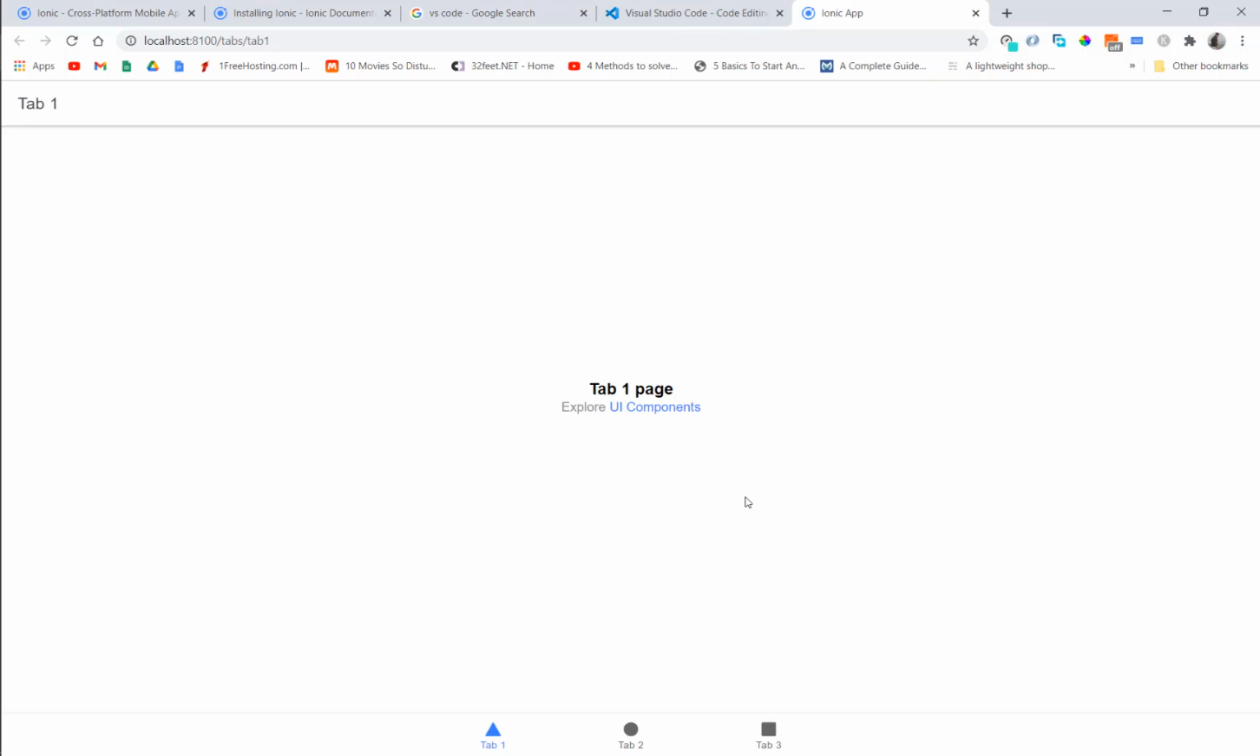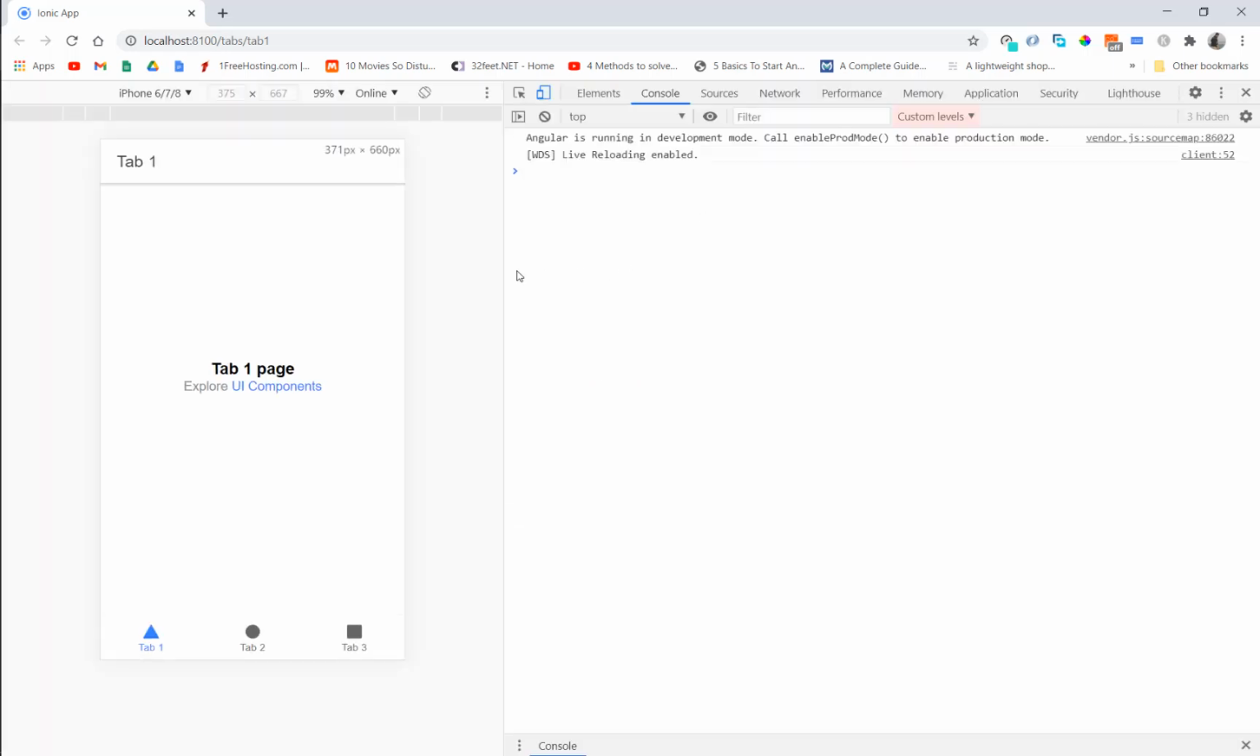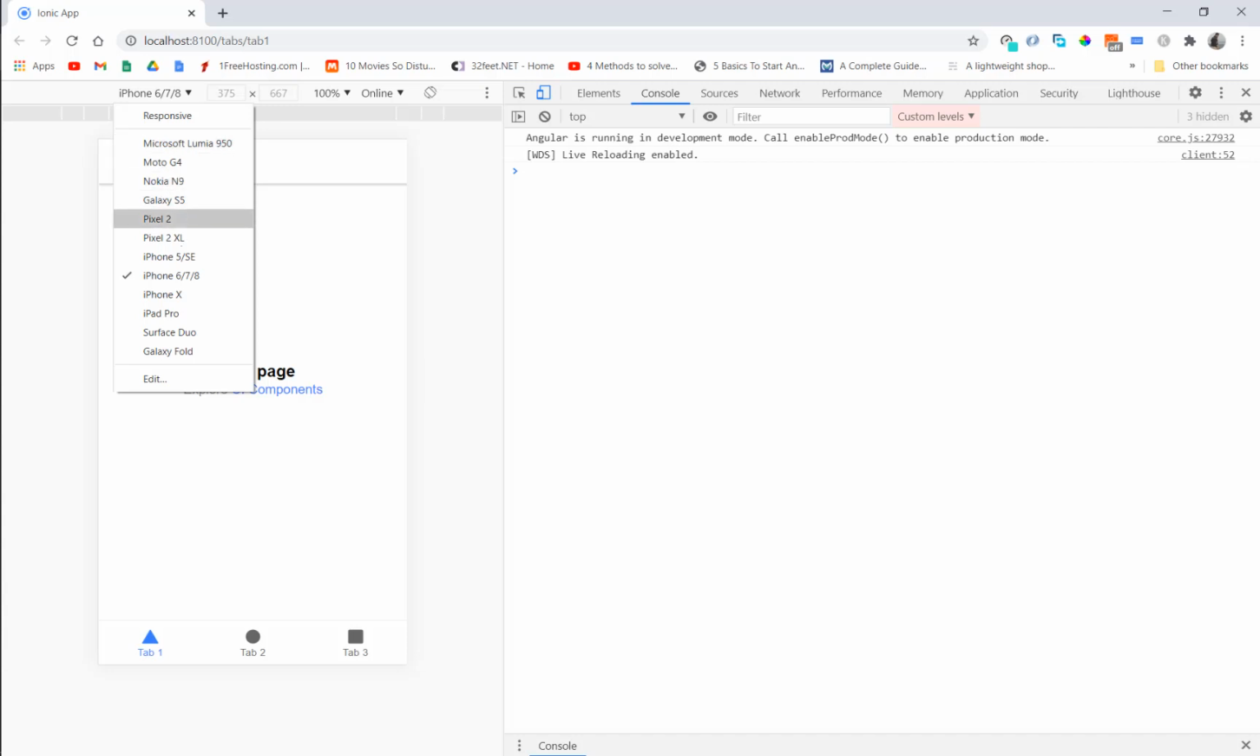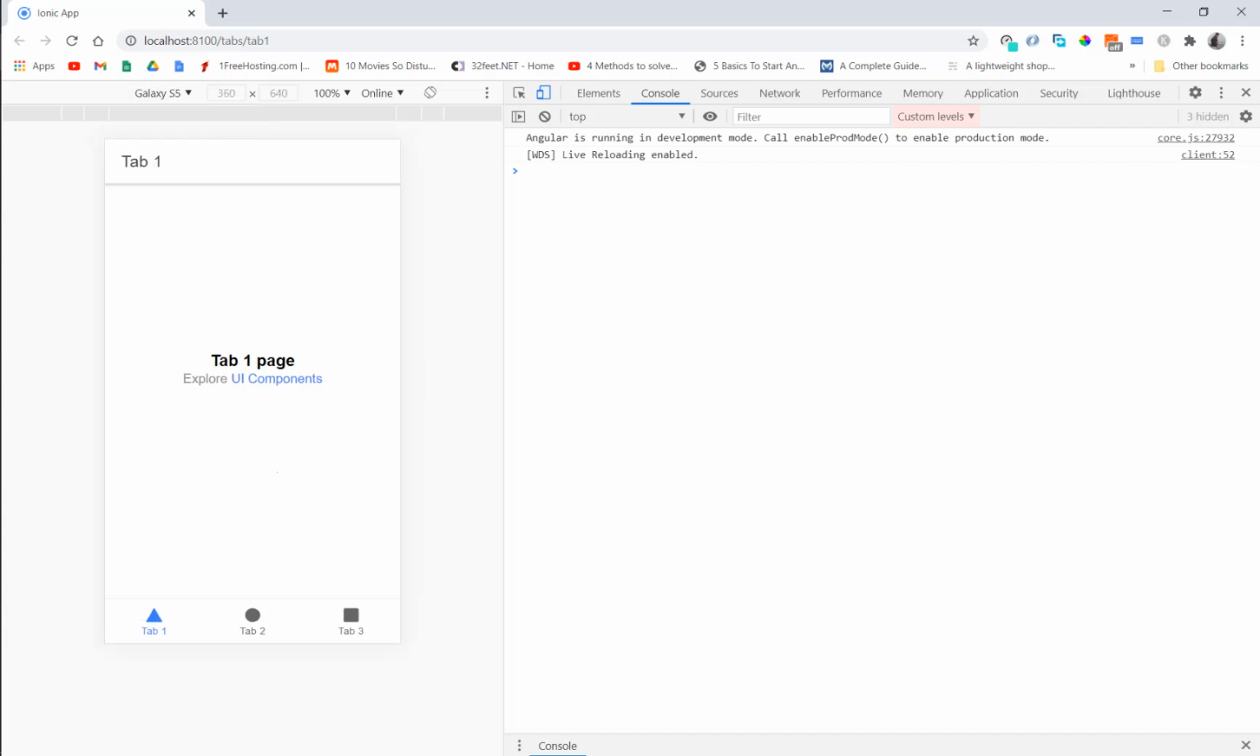Okay, so our application is now open in the browser. Let me pull it out. Now press F12 to see the mobile view. If you don't see mobile view, click on this icon to see the mobile view. You can select the mobile phone from here, maybe Galaxy S5. And this is our sample application. Tab 2, tab 3, whatever. So next we will learn how to modify this application using different Ionic components, or what we say is UI components. Okay,